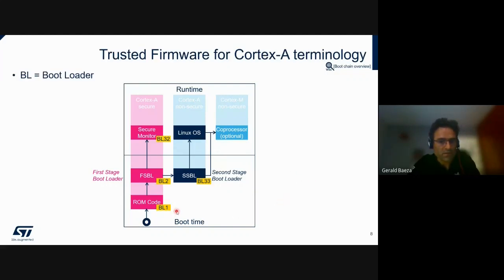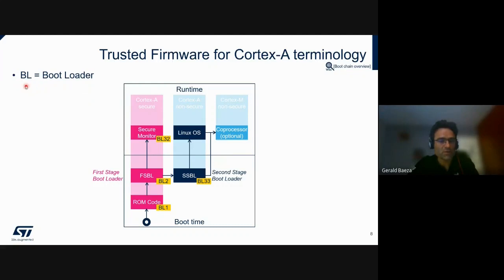Then let's describe and say a few words about the Trusted Firmware for Cortex-A terminology. Trusted Firmware for Cortex-A is called TF-A. Maybe you already heard about that. In this terminology,